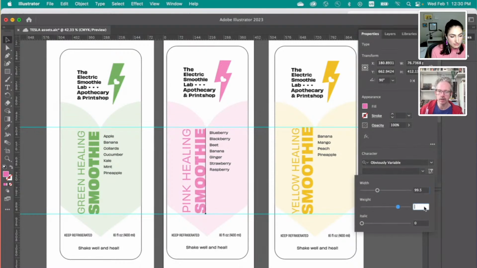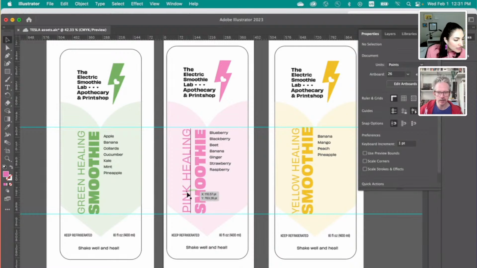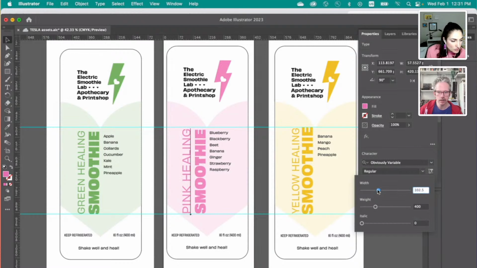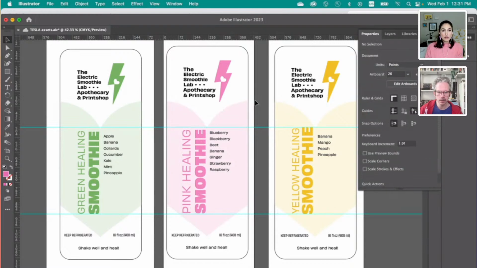Pretty close though. Definitely in the ballpark. So that's a way to make this, see the green is at the bottom line. Let's see, can I move this down and then make this a little bit wider so it's the same width as Smoothie? So that's another benefit, vertical text going vertical, which isn't very common, but